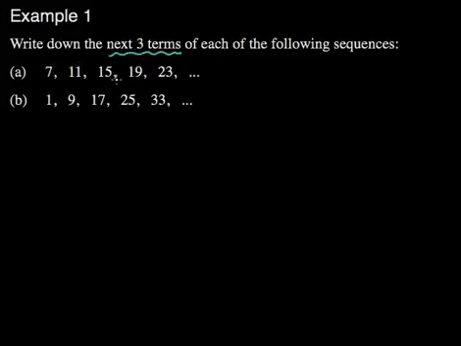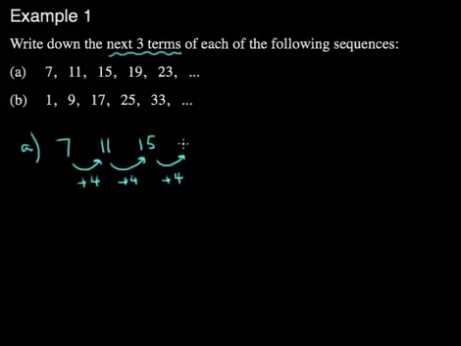terms of the sequence. So if we look at A and we notice it goes from 7 to 11, then we've just added 4. But then we've added 4 again to get to 15. We've added 4 again to get the next term, which is 19. So every time we're just adding 4, and we get up to 23, the next three terms would just be